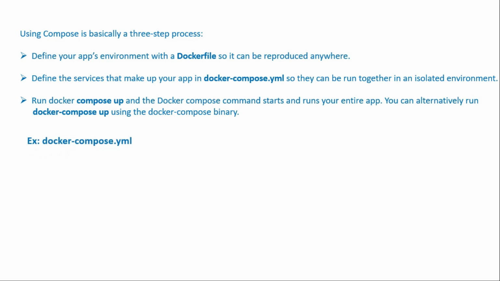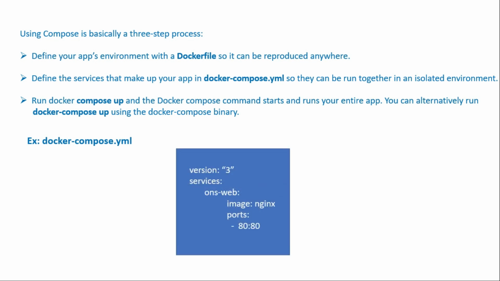Let's see one example of how to create a Docker Compose file. Suppose we have given the file name docker-compose.yml, and after that we have to write some code, like version 3. There are multiple versions. You can check on the Docker Compose documentation website, where you will find that as per the updated version of Docker, you can use the version of Docker Compose according to your requirement.